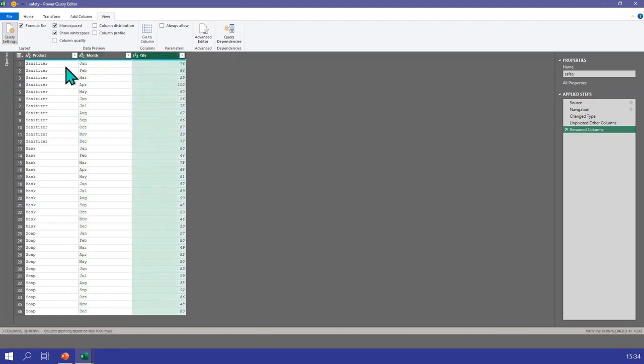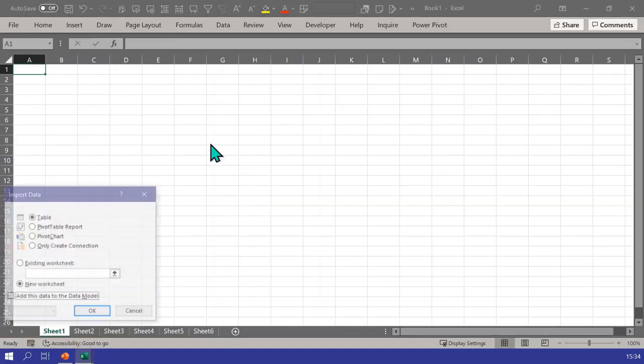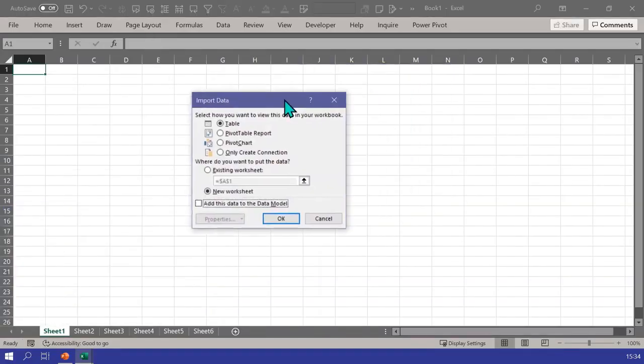We are done. Now we say go to Home tab and load the data. Now when you are loading the data, this is small data, so it's okay to put it in Excel sheet, but we have a choice. If you know this is going to be very large data, and for example this was a CSV which you know is many million rows, then obviously it's not going to fit in an Excel table which is going to go in a sheet. So in this case, large data, you say only create connection and put it to data